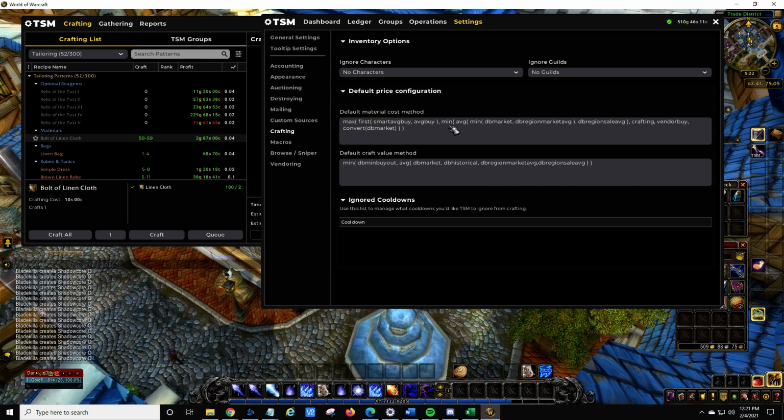And that's what these two values are in here. It's what I'm probably going to pay on the auction house,